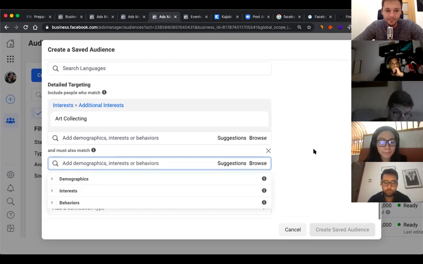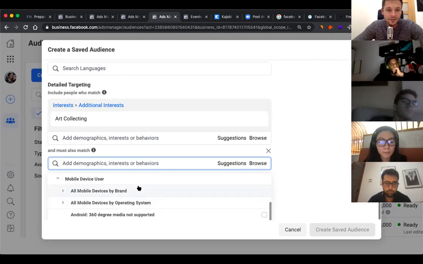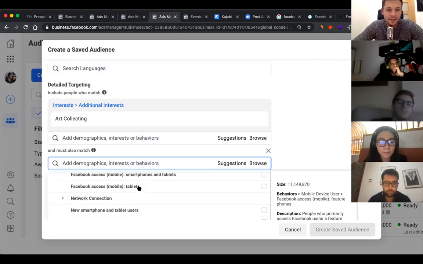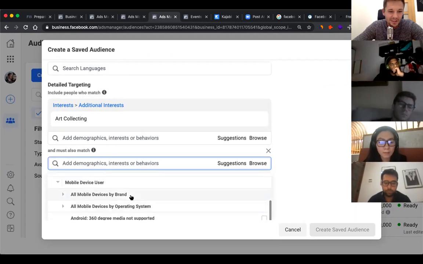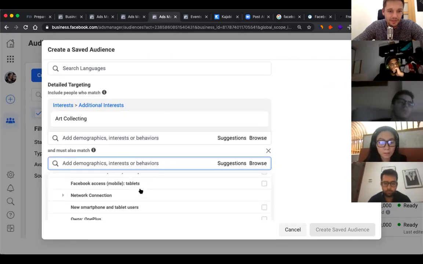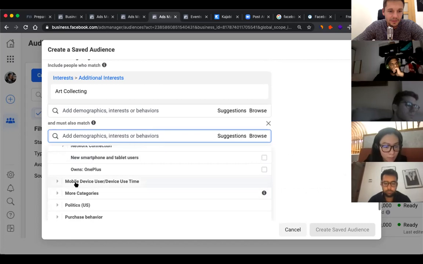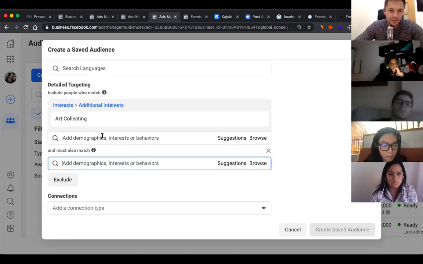Here in behaviors, mobile device users, you can take the ones that are iPhone users. Where is it exactly? If not, you just search it here.